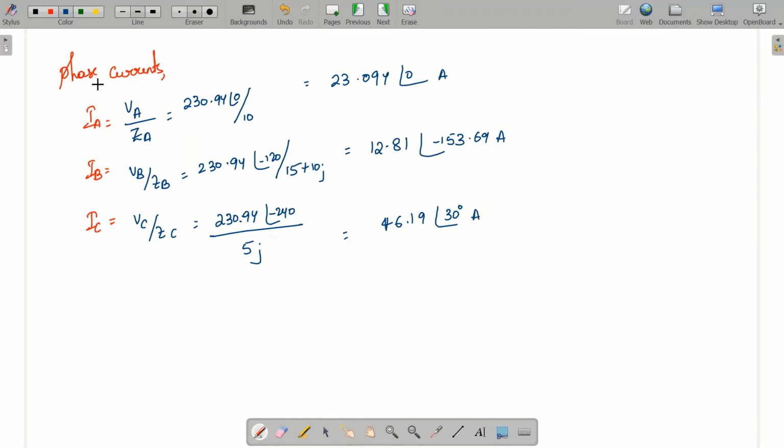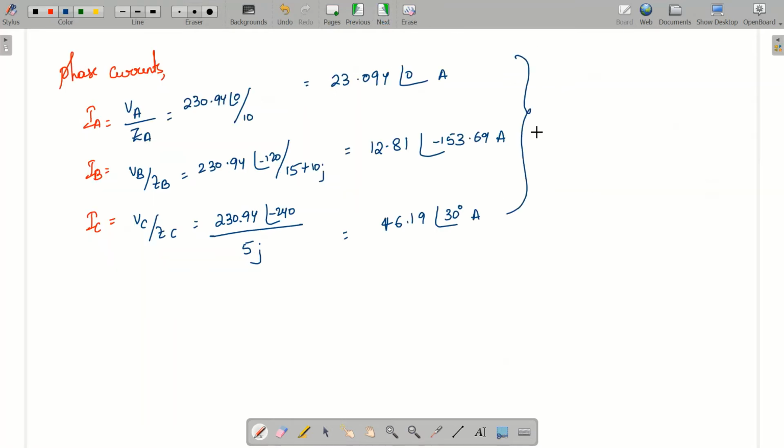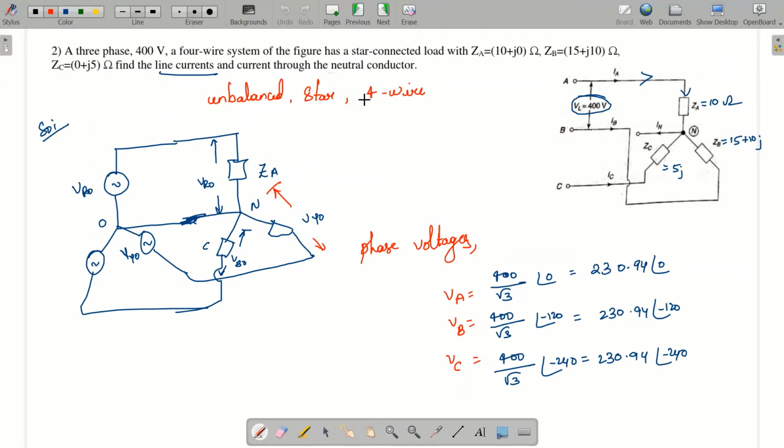Okay. So, in this way you will find out the line phase currents, but what they have asked is the line currents. But as a star connected load, the phase current itself is the line current. So, you can write this as the line currents. These are my line currents. Star connected load, both are same. Now, they were asking what is the current flowing through the neutral. Now, see, if it is a balanced load, what will be the current flowing through the neutral?